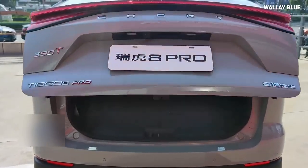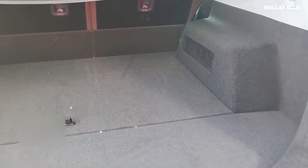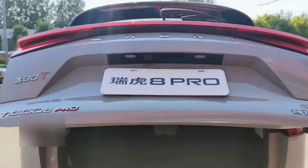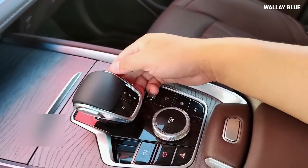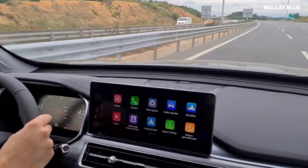The rear seats can be folded down to expand the boot space, which offers 193 liters with all seats up and up to 1,930 liters with the second and third rows folded. This versatility makes the Tiggo 8 Pro ideal for both daily commutes and long road trips. The performance of the SUV is not as exciting as one might expect, but it will do better for daily